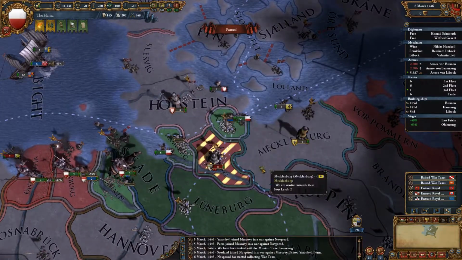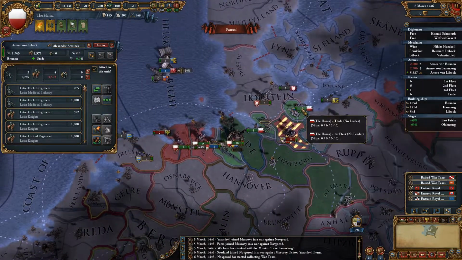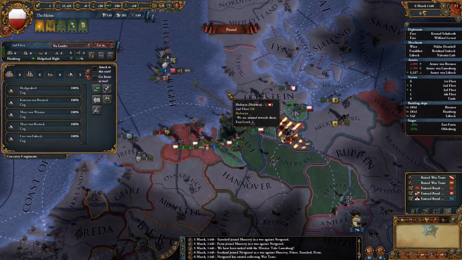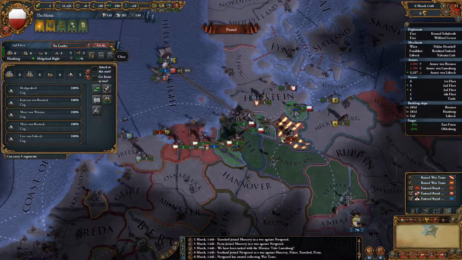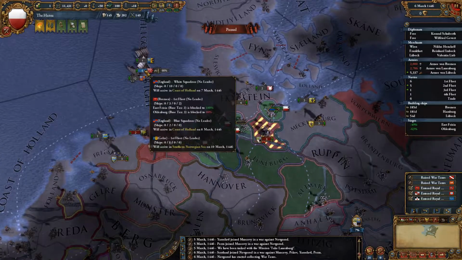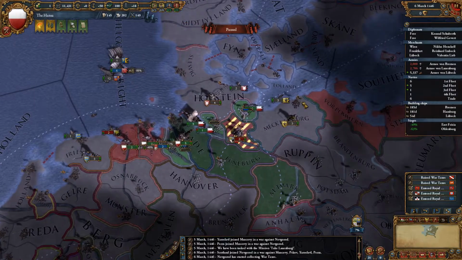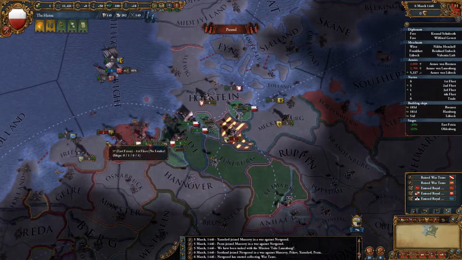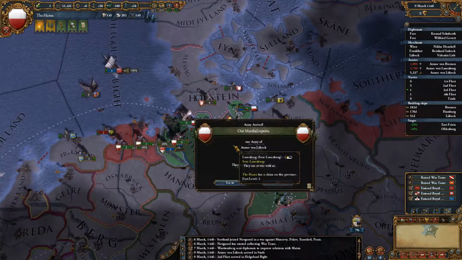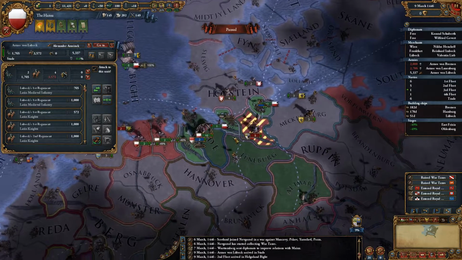Alright. Now let's see. We do have a blockade going. We're going to wait for these ships to not heal up. We'll let that one sit. I'm going to bring these ships out because I'm not really too worried about this 1 light ship. Over here, Bremen has 3 light ships, 2 transports, so we'll just help effectively blockade East Frisia and Oldenburg. So they now have 9. What do we have? 10,